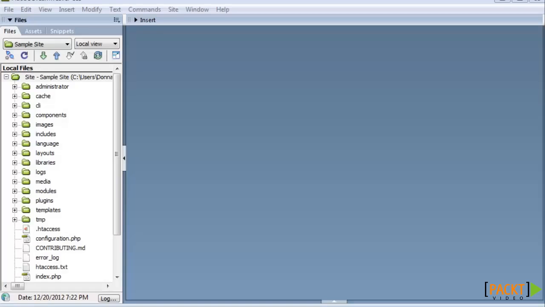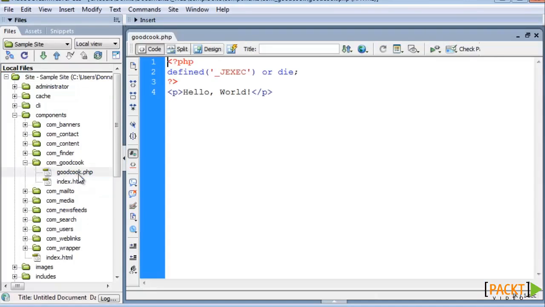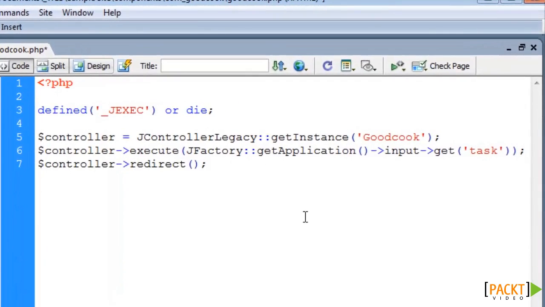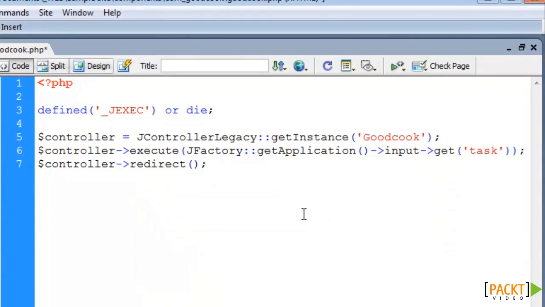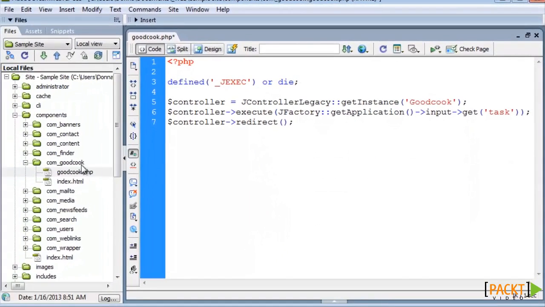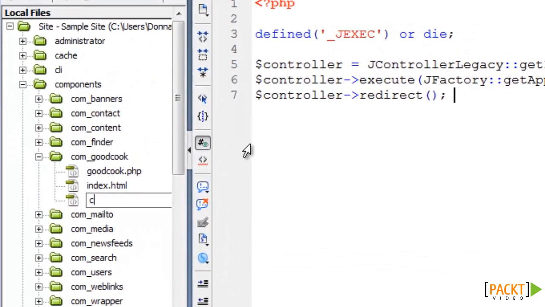To begin, open components/com_goodcook/goodcook.php. We are going to remove the hard-coded HTML and extend the JControllerLegacy class. Replace the current code with the following. We leave out the closing PHP tag when the file ends in PHP code because any inadvertent whitespace will be rendered by the browser. When the controller instantiates the class object GoodCookController, Joomla will look for it in